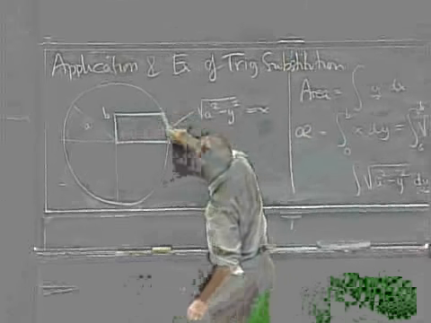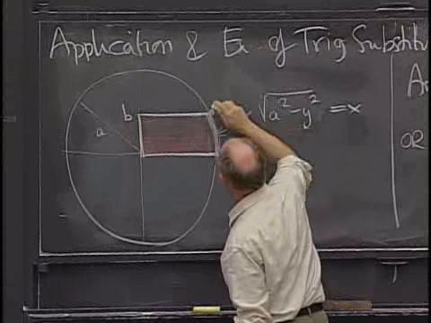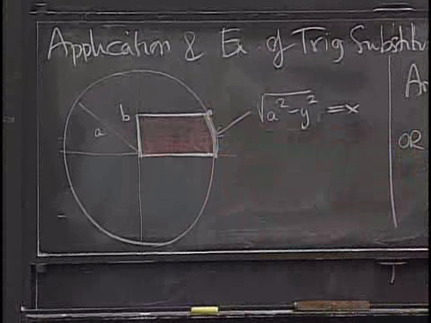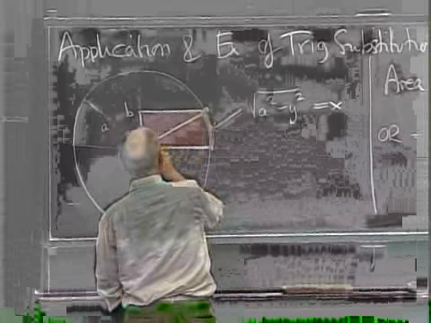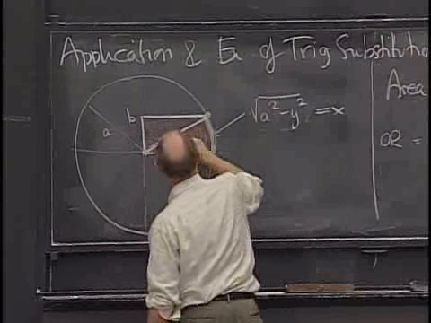After all, this a squared minus y squared is the formula for this arc. And so what I propose is that we try to exploit the connection with the circle and introduce polar coordinates. So here, if I take and measure this angle, then there are various things you can say, like the coordinates of this point here are a cosine theta, a